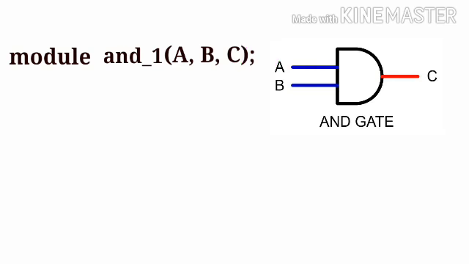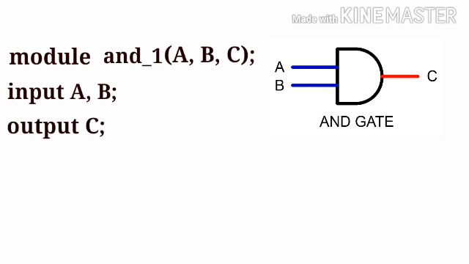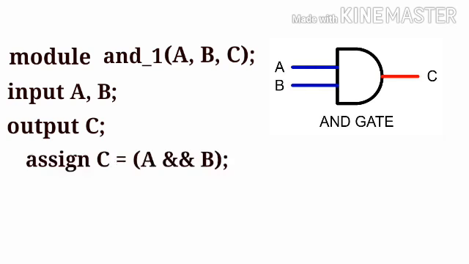Now in the next line we declare the input and end it with a semicolon. Similarly, we define the output and end it with a semicolon. Now we use the predefined word assign to describe the operation. Here we have used the built-in operator for AND operation. We can even put comments in the code by writing any text after two forward slashes. A comment has no effect on the simulation using the model.